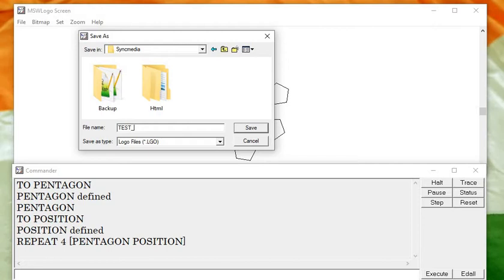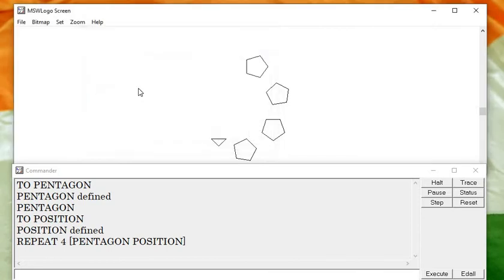Suppose I give test_p and save. So our command will be saved in that file.